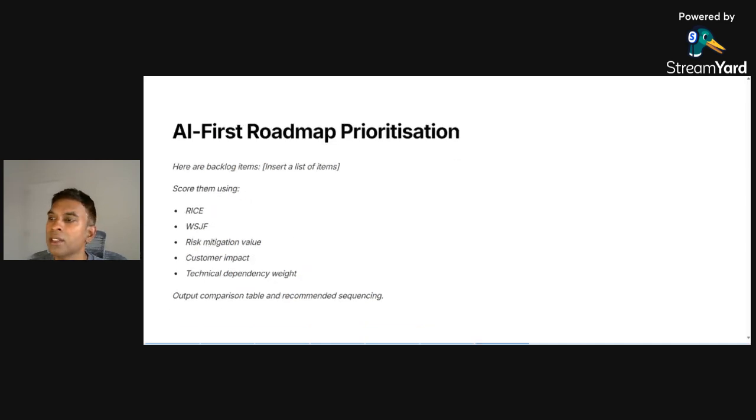I then asked, I have the user stories. I have all the backlog items with me with acceptance criteria written. What I did was I asked to score them using RICE, WSJF, and risk mitigation value. So this is very high level, I must say. I got an output saying that these are the bare minimums according to the system context that I have given